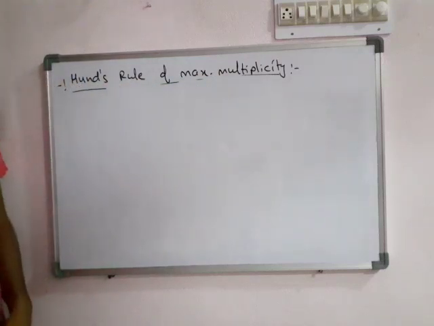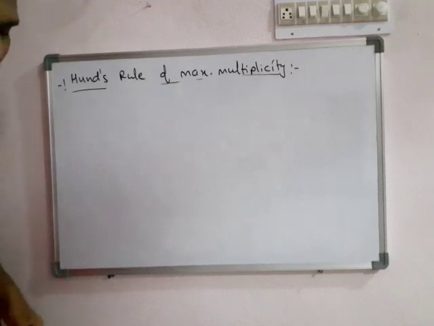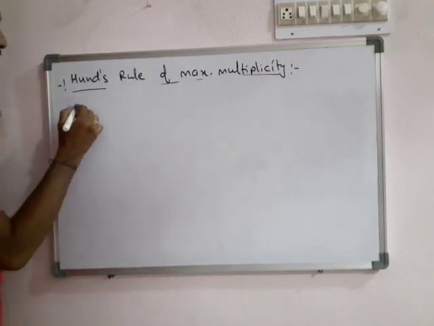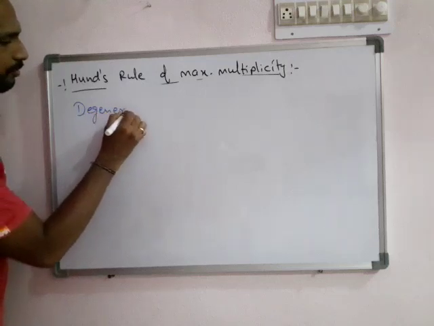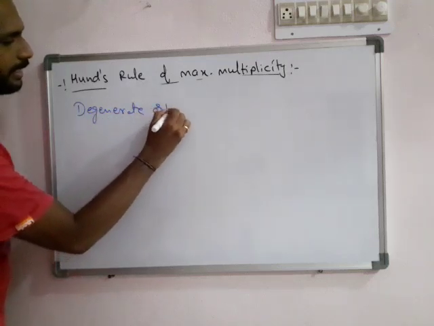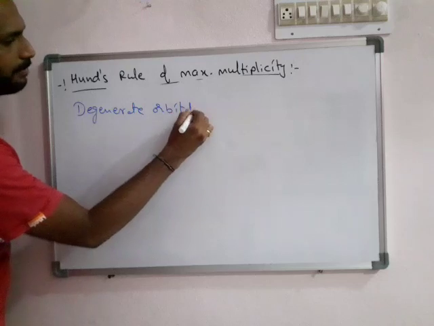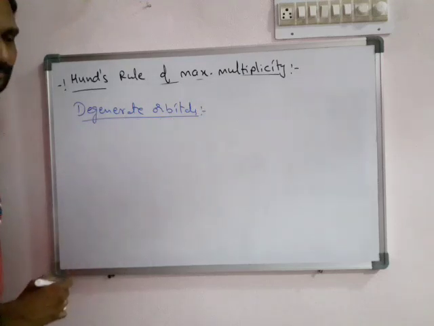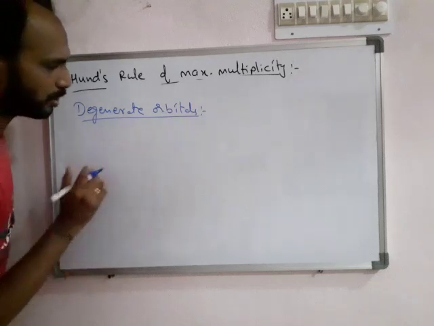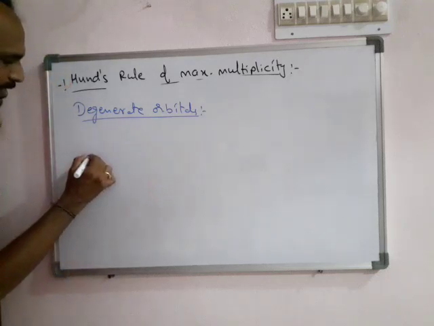So according to Hund's rule, it mainly tells about filling of degenerate orbitals. So what is meant by degenerate orbitals? Degenerate orbitals means, for example, if you take p,